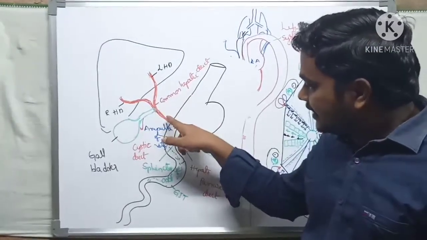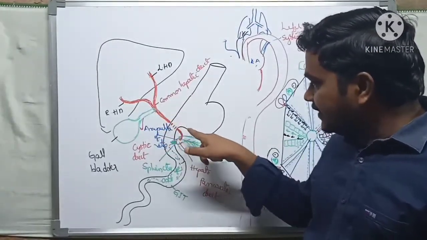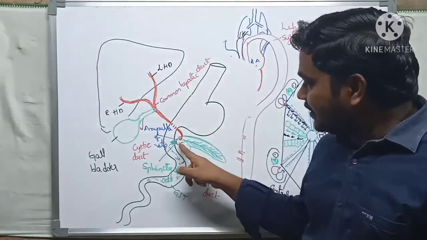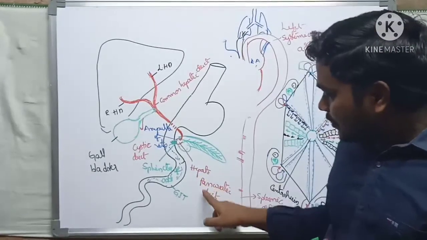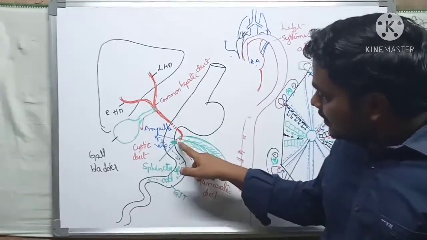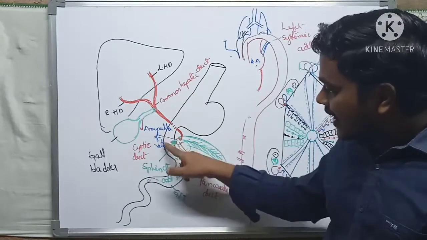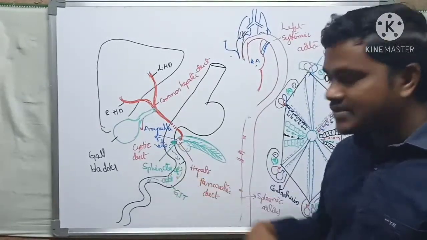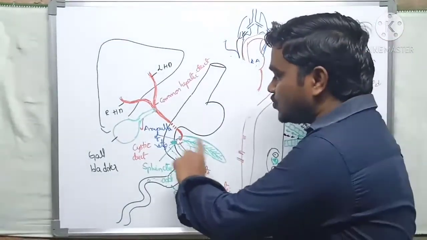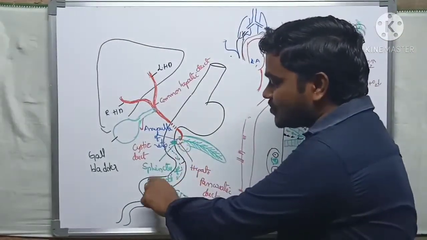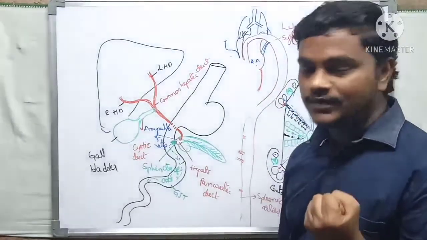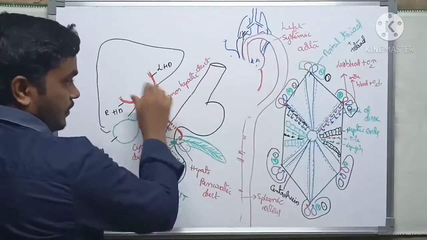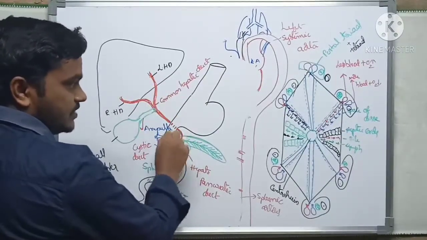So a total of 3 ducts open to form the common hepatic duct. This common hepatic duct passes behind the stomach region, then opens into the pancreatic duct. The pancreatic duct and hepatic duct fuse to form the hepatopancreatic duct. The bulged part of the hepatopancreatic duct region is the ampulla of Vater. The presence of a sphincter in this region is the sphincter of Oddi. The pancreatic juices are all secreted in this region, so digestion takes place with the help of these juices. So this is the ductal bile circulation towards our GIT.